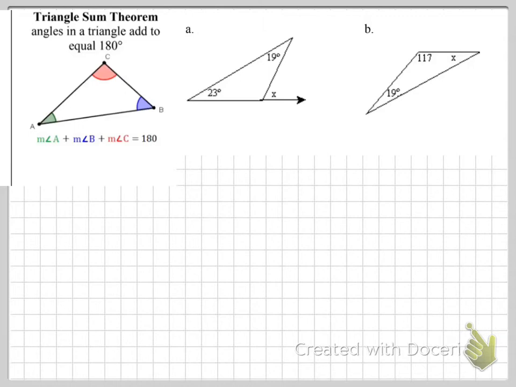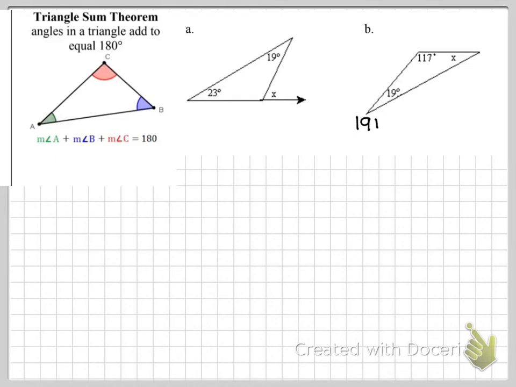I want to show you something with part A because there's always more than one way to do things. We could even do part B a couple of different ways if we choose to, but I think the one that's probably the most straight to the point is being able to use triangle sum. So in this case, looks like we need a degree on the 117. All right, so what we're going to do is